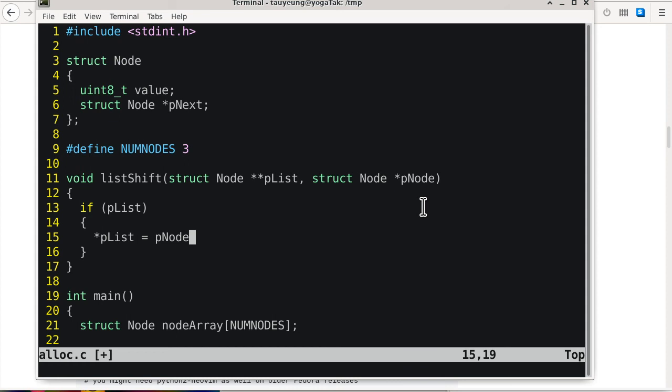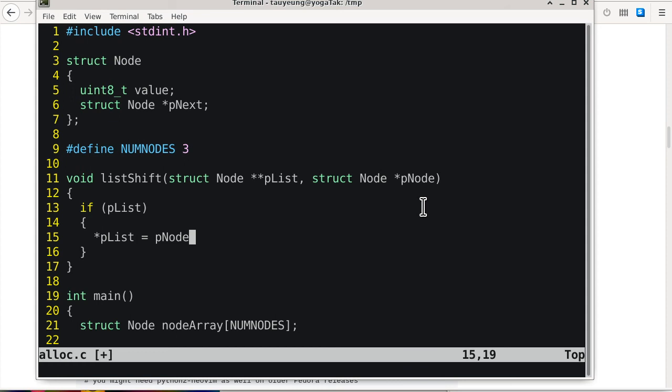I'm not sure whether that concept is conveyed or not, because we're dealing with a linked list. Plist is pointing to the beginning of the entire list. So if whatever plist is pointing to is not null, we have to adjust that thing so that it points to